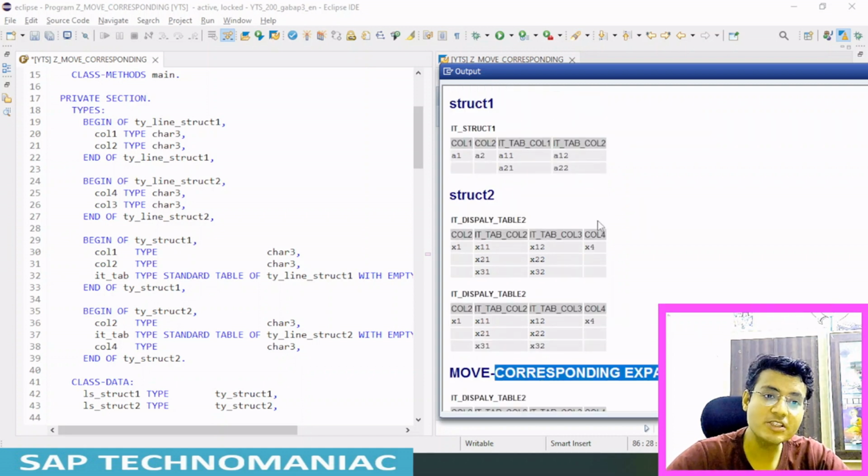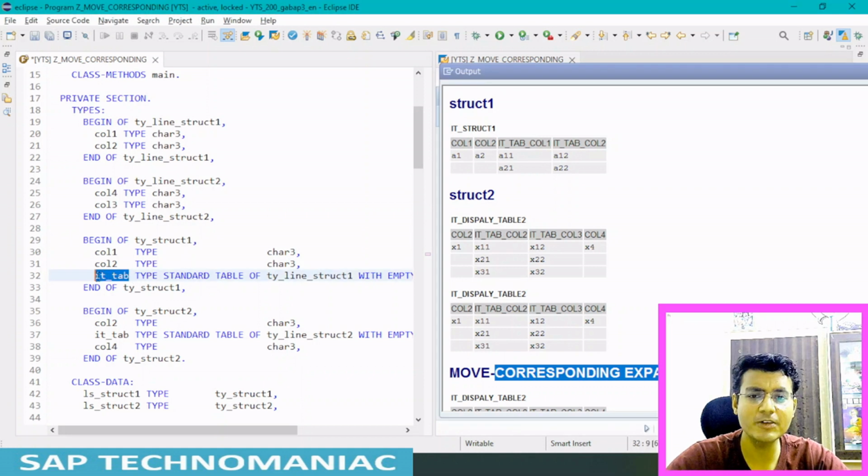But in case of structure movement, it just replaces, because we are using itab to itab, even though the names are different inside this internal table. Even though column 1, column 2 and column 4, column 3 are different, it will map column by column, meaning structure 1 itab will just move to structure 2 itab.